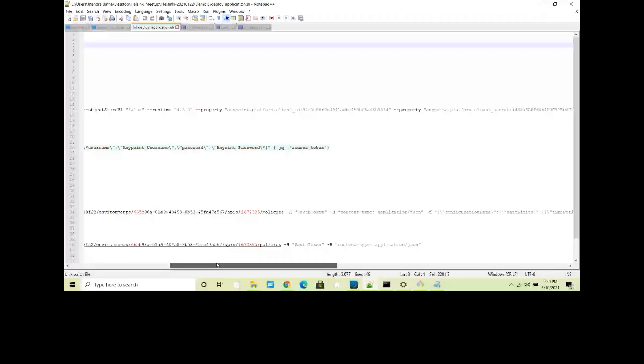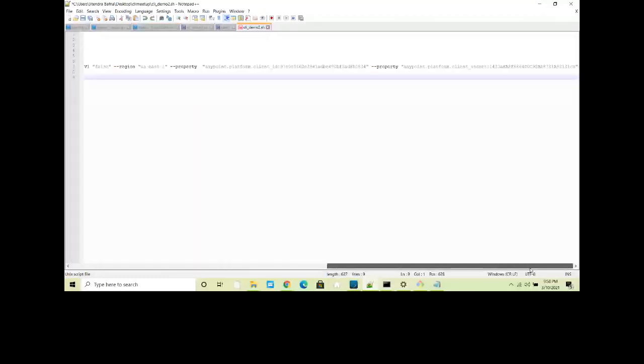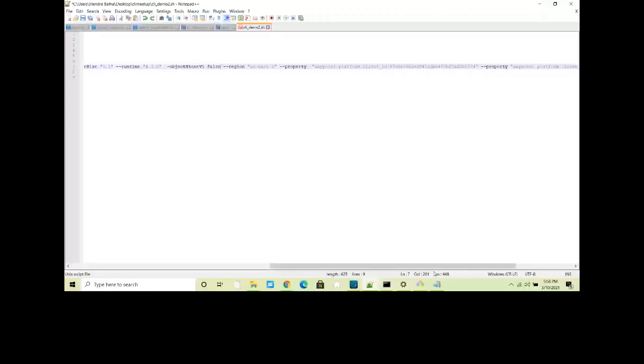Okay, sorry to interrupt. Can we make object store v2 as true? No, it's not an issue with the object store basically. Okay, so it's object store v1. Okay, I think the double quotes might be the issue. Let me check this. Okay, I got the problem. I think this should be at the last. I think no, I got the problem.